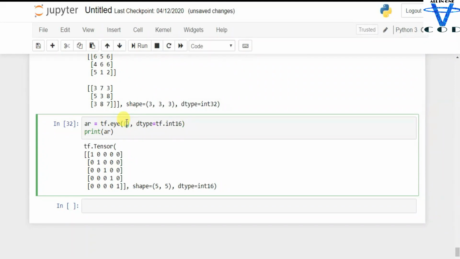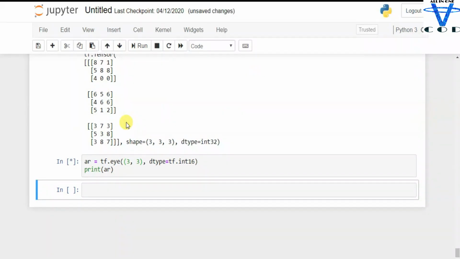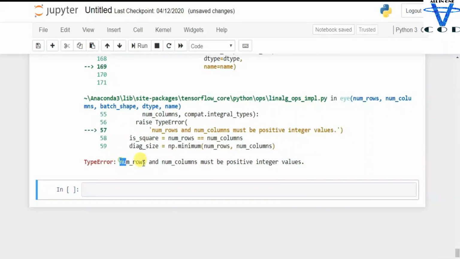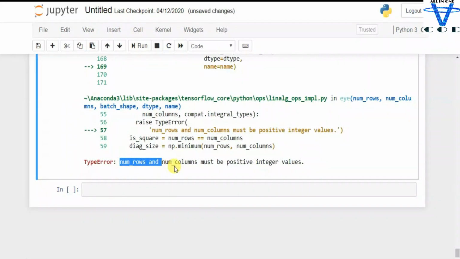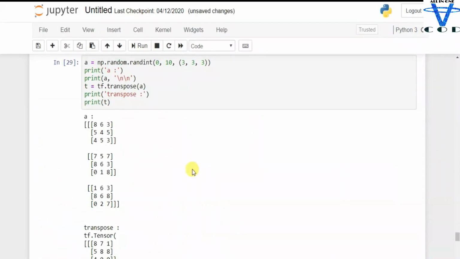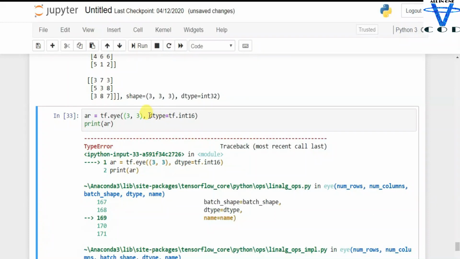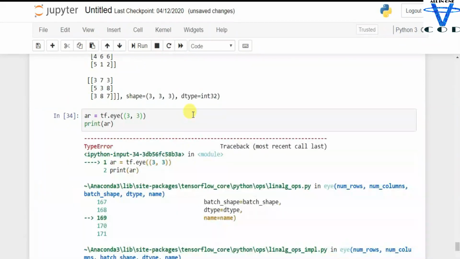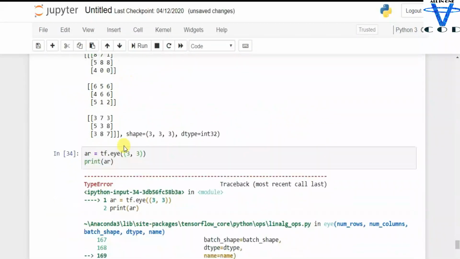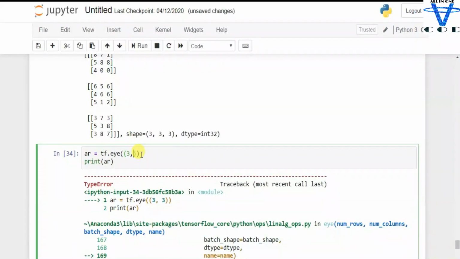Let's try to create a multi-dimensional array. I don't know if it's working or not. Let's try. Okay, number of rows and number of columns must be positive integer value. So what is the error in here? Let's remove this. Okay, the same error. So we can't use this shape in here.